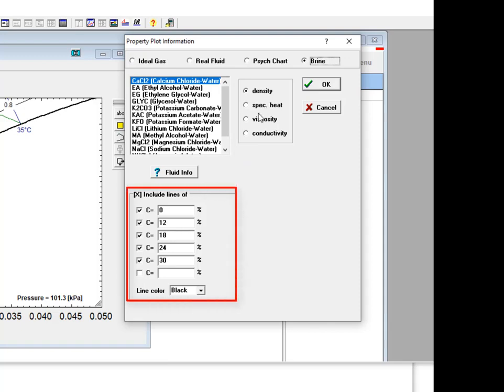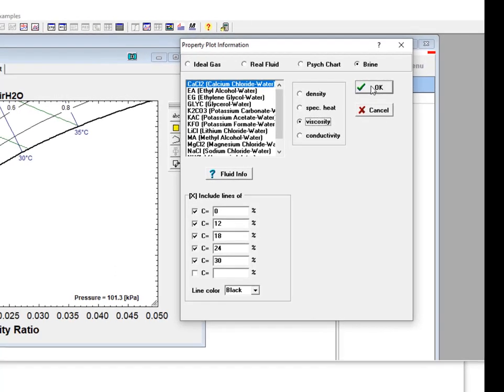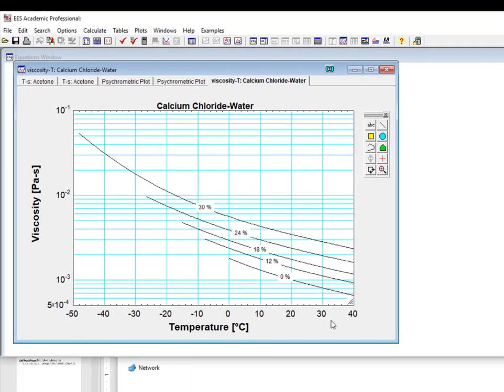And you can put on that plot then lines of different fixed concentrations as shown here. So here's a plot showing the viscosity of a calcium chloride water mixture as a function of temperature, and you can see there's different lines corresponding to different values of concentration. And you should note that each of these lines of constant concentration terminates at the associated freezing point of that